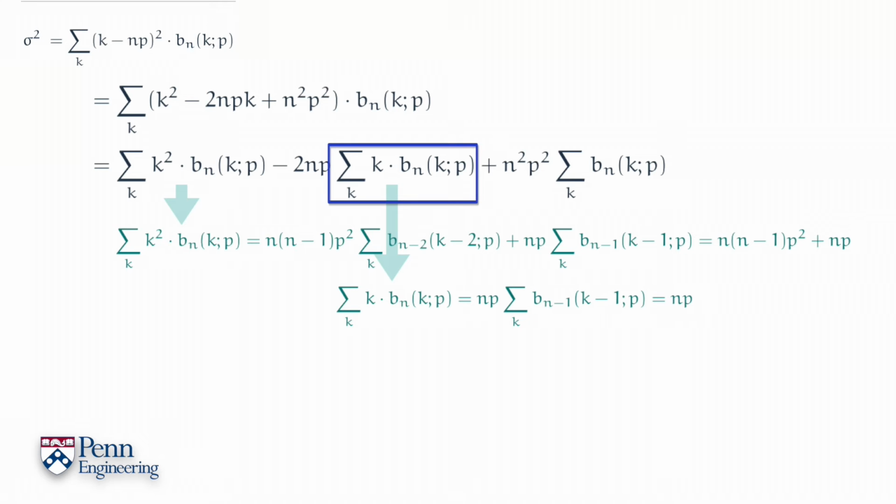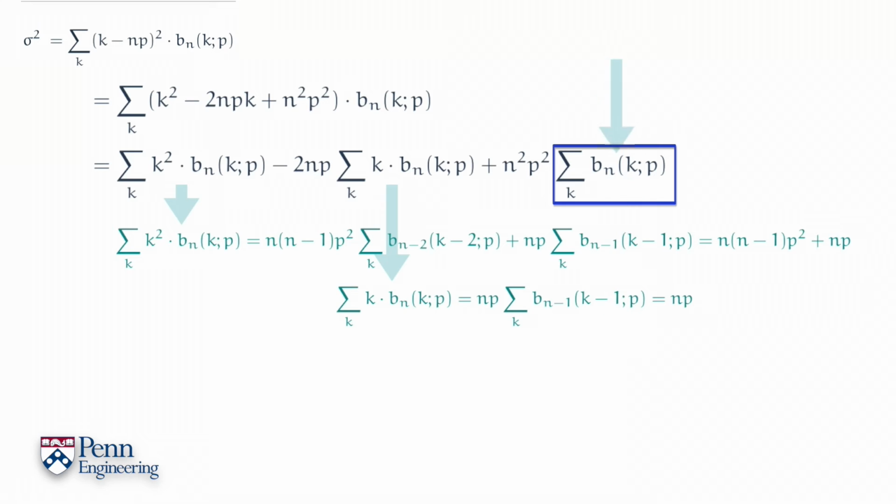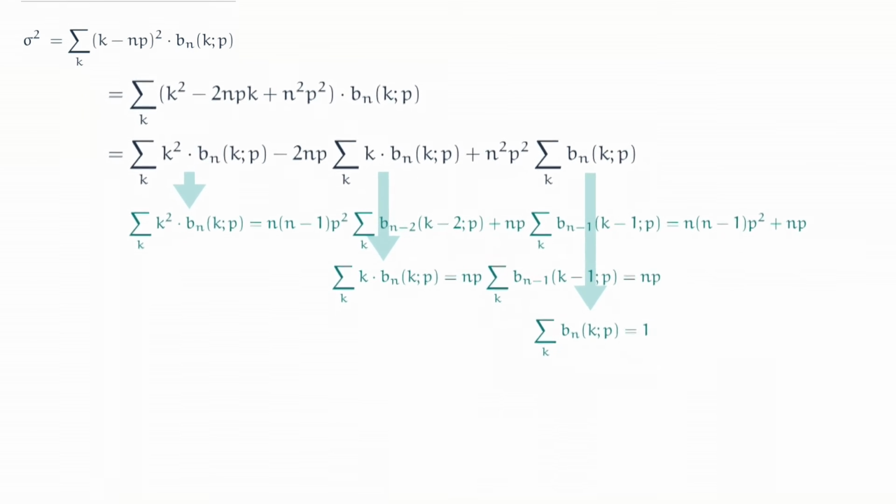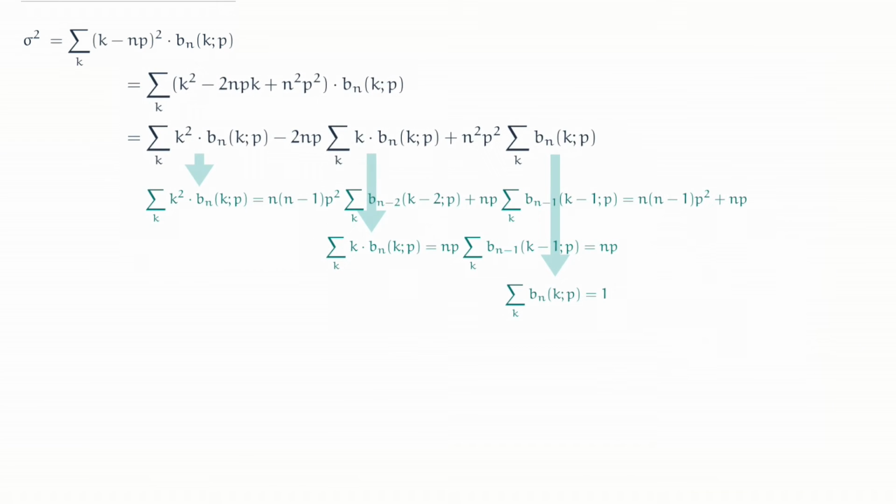And finally, the last sum, and this is the simplest of all. We're summing over all the binomial probabilities corresponding to n tosses of a coin, and that sum manifestly by normalization is 1. Now each of our three terms has been simplified in closed form. Now there's little that remains bar the shouting. All that remains now is assembling algebraically the various expressions and simplifying them.